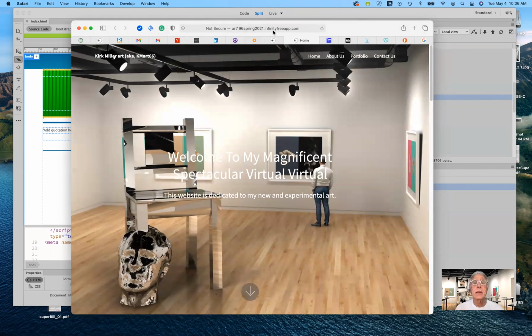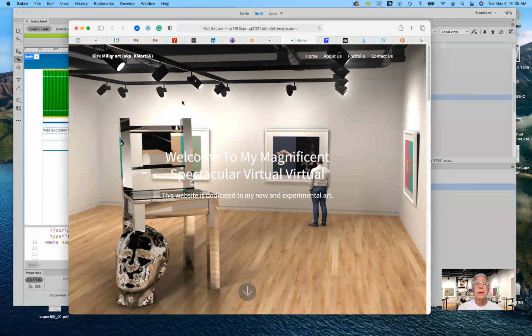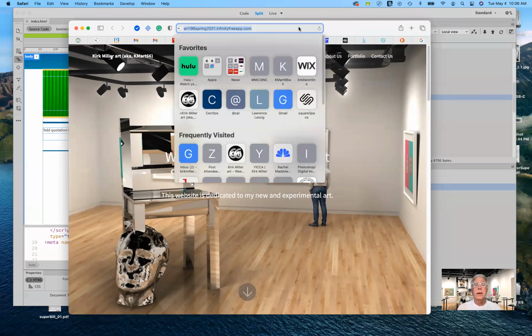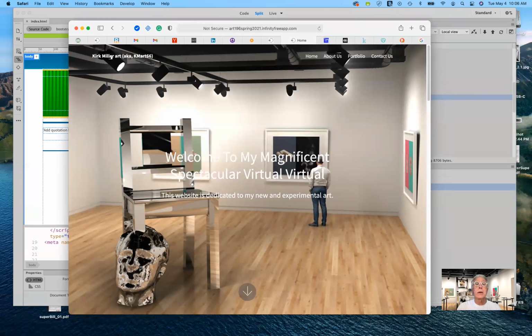If you look at the top, the URL here, and you can't see it very clearly, but it says art196 spring 2021 .infinityfreeapp.com. That is the whole URL. That doesn't really roll off your tongue. However, if I go ahead and I put in here kmilleronline.com and I hit the return key, notice what pops up. It actually brings up this website. So that's a forwarding feature that I've used